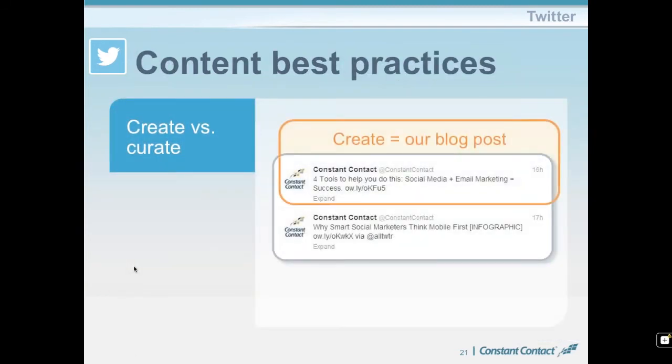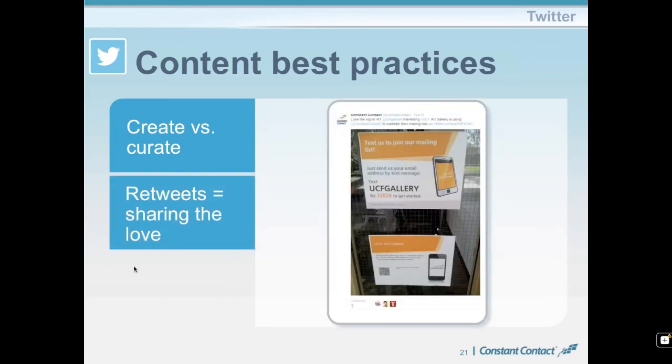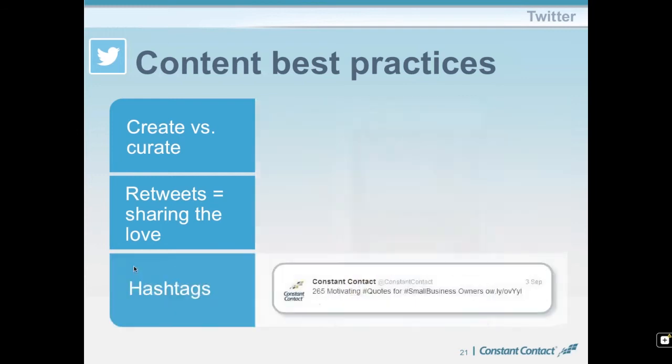You can create, you can curate, you can really do both. And that's okay. Retweets: if you see something great, just like sharing on Facebook, you can retweet. And then use hashtags. One of the ways we've used hashtags, very honestly, is we have a bar that we